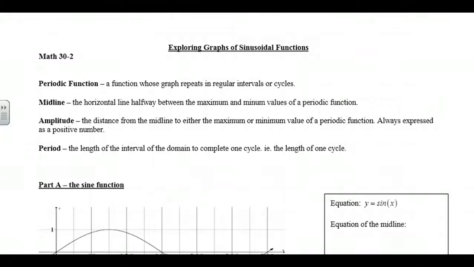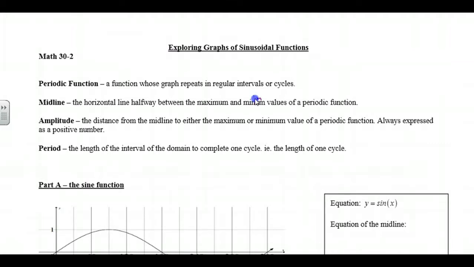Okay, exploring graphs of sinusoidal functions. So, definitions. Periodic function: a function whose graph repeats in regular intervals or cycles. Midline, we've talked about some of these: the horizontal line halfway between the maximum and minimum